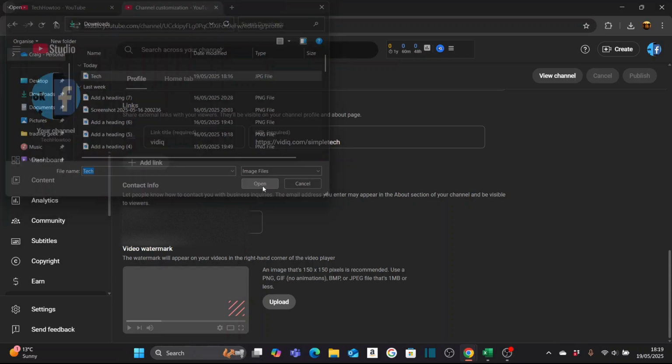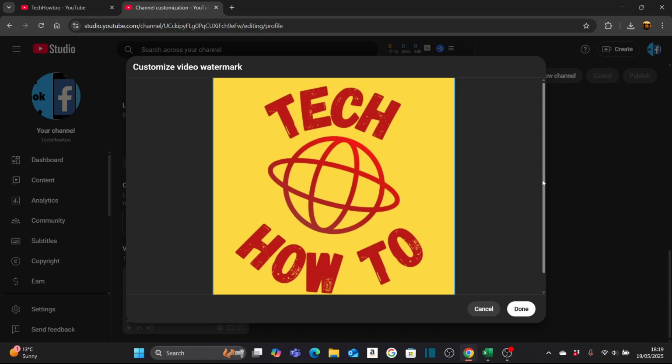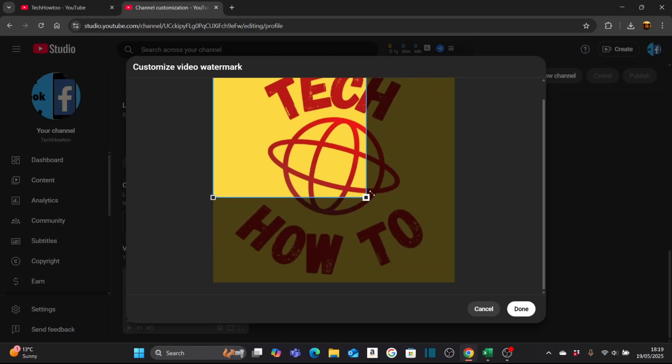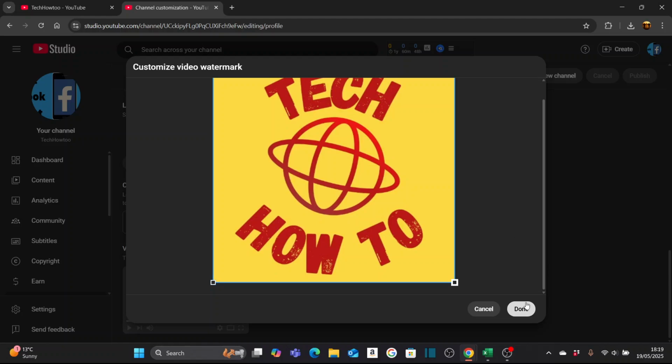And just click on Open, and that'll bring the image up. And you can also adjust it to whatever you like on there as well, if you want to make it smaller or larger. And once you're happy with that, select Done,